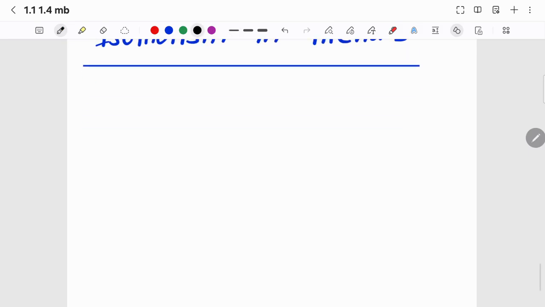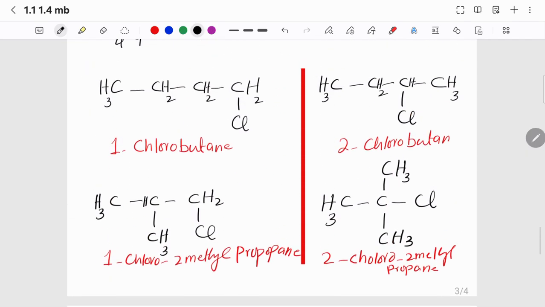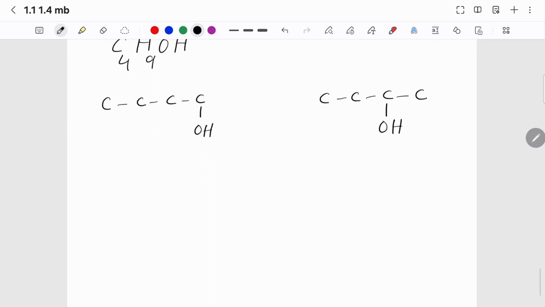Okay, I'm going to take again the example of 4 carbon alcohol. So that would be C4H9OH. Let's see how many arrangements are possible here. Again, I'm going to attach all the 4 carbon in a straight chain and the OH group with the first carbon. Now, in a similar way, all the 4 carbon in a straight chain, like I did here for the chlorine, and the hydroxyl group with the second carbon.